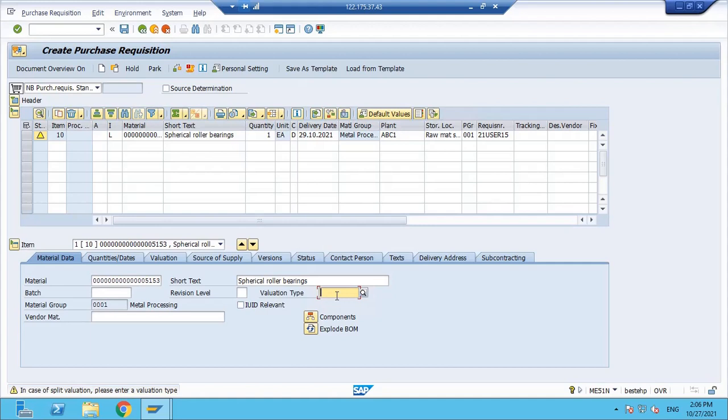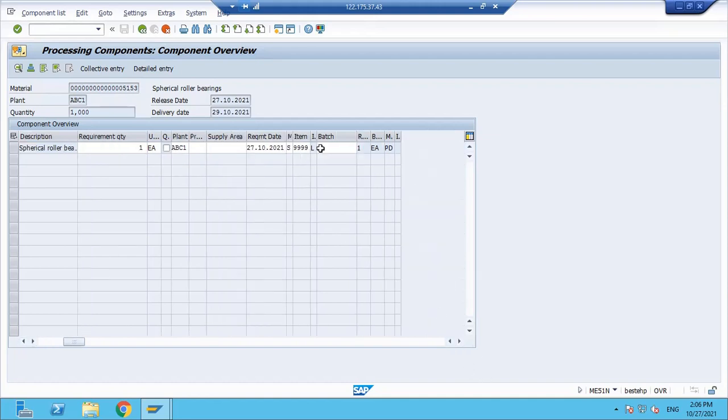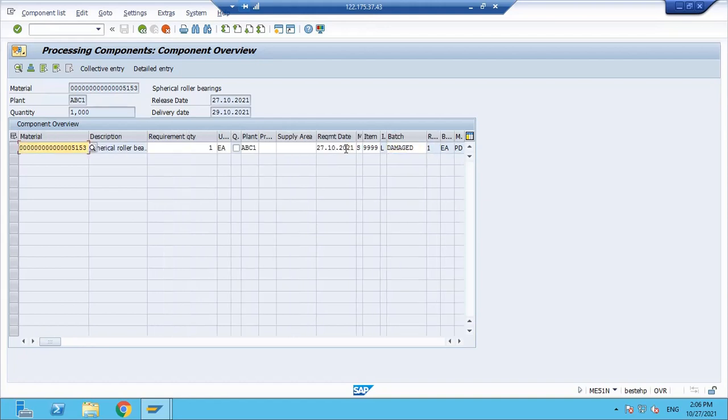Then here, in case of split valuation, please enter a valuation type. What is the valuation type? Refurbished. Click on enter and now go to components. Automatically, the component will be populated here, but the only thing you must do is, since you are issuing the damaged component to the vendor to do the external refurbishment, enter the component as damaged.